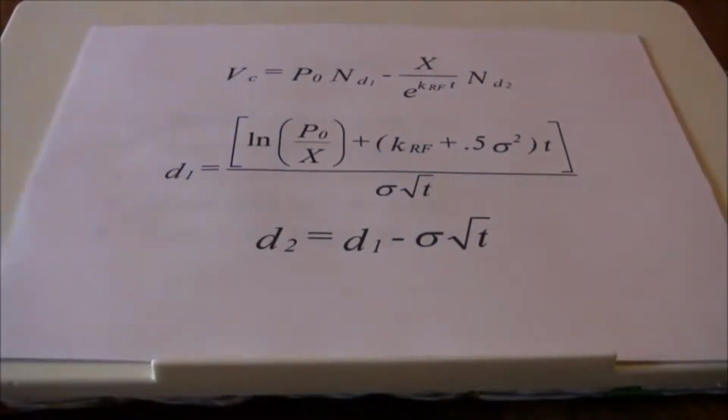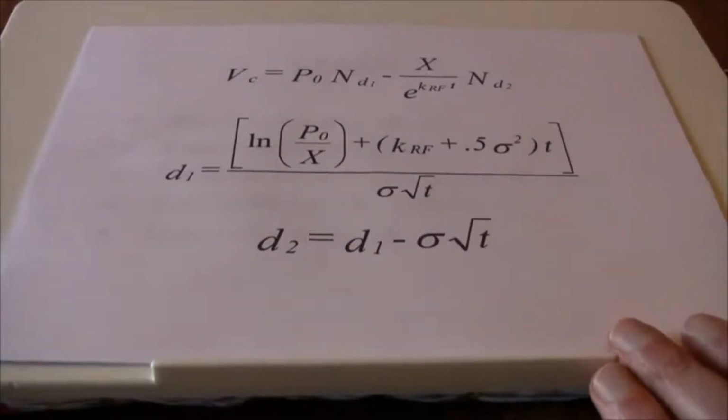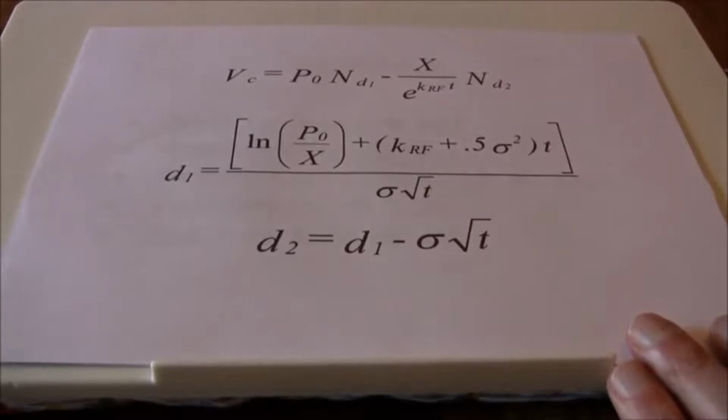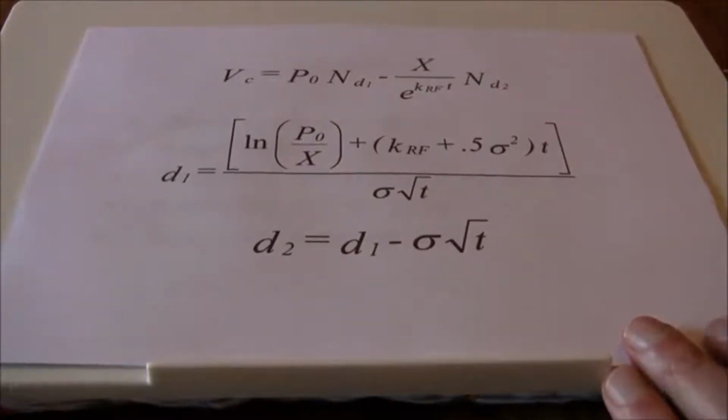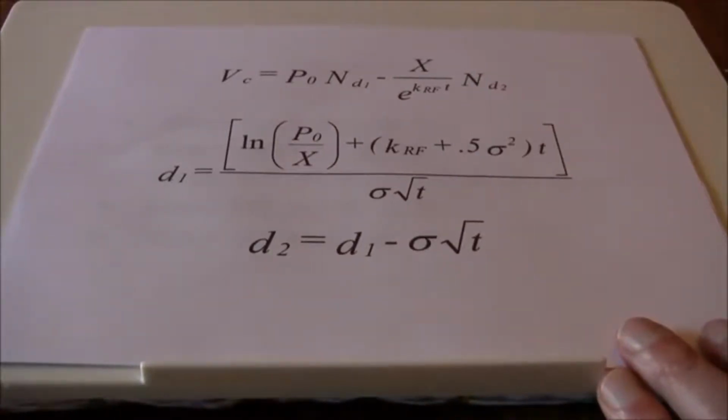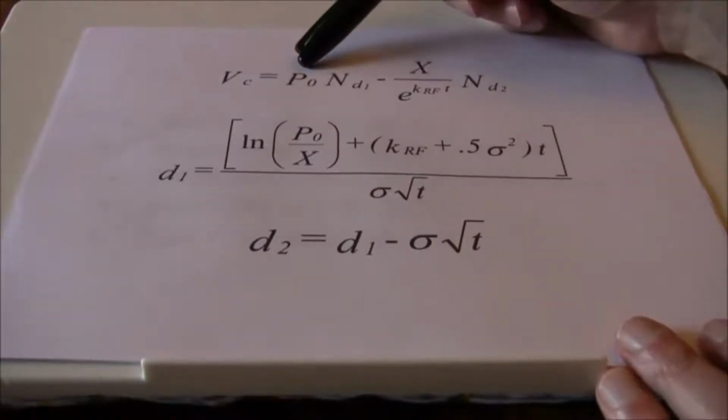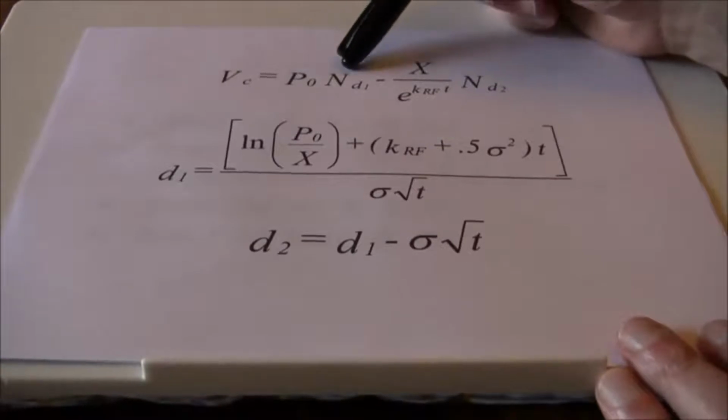Now, the formulas for the value of a call look pretty messy, and the Black-Scholes option pricing model was developed using stochastic calculus. I've actually seen the proof and walked through it once before, but mathematically it's a little bit beyond my skill level, so let's just trust these guys and assume that all these formulas are valid. We start with the value of the call, which takes the stock price times an area from the standard normal distribution table